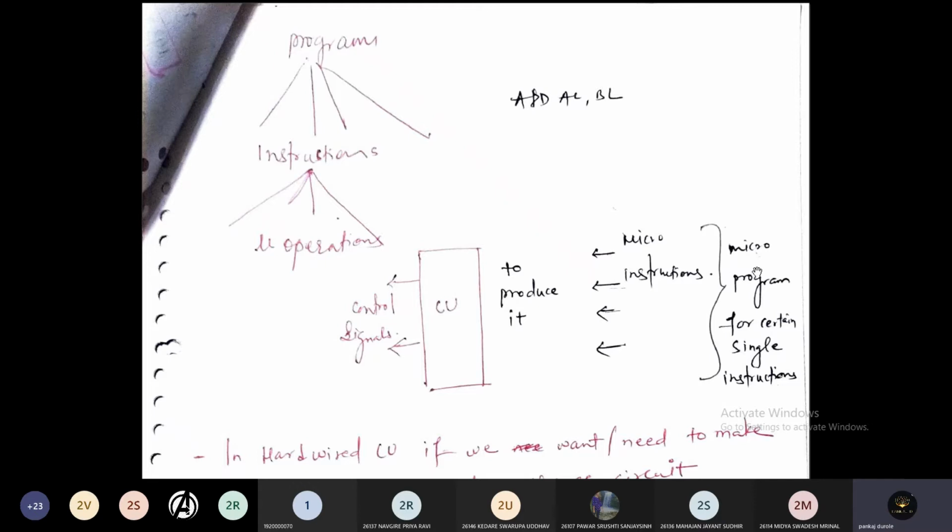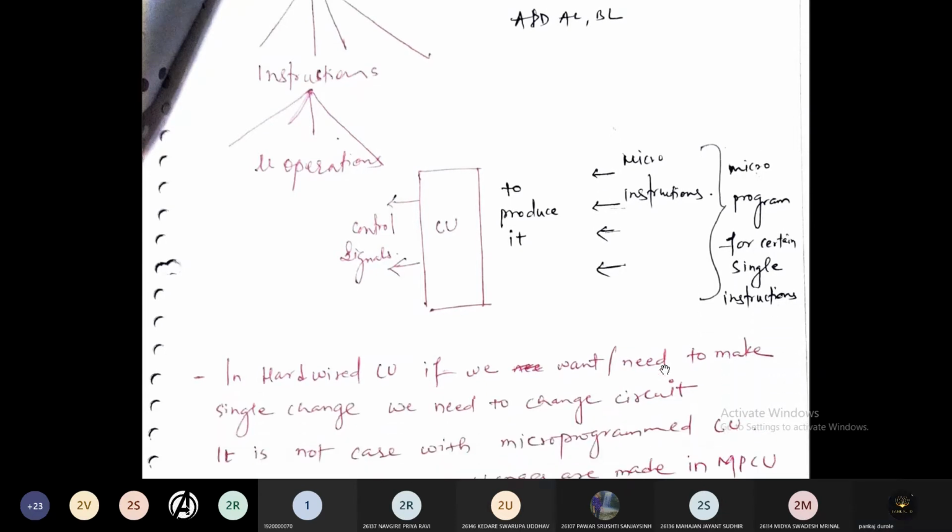So a microprogram for a single instruction will be written, because to produce different control signals there will be micro instructions. For every single micro instruction, there will be a separate program written.